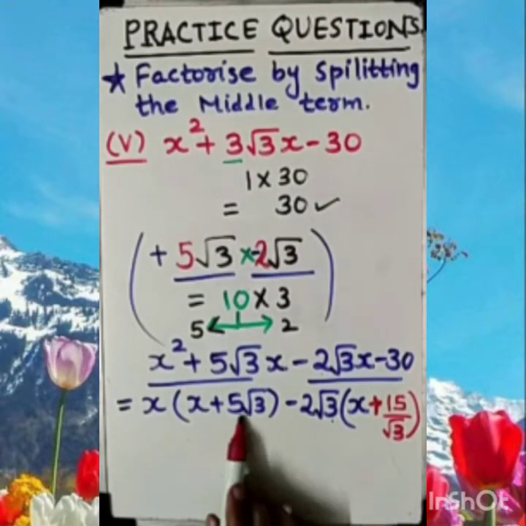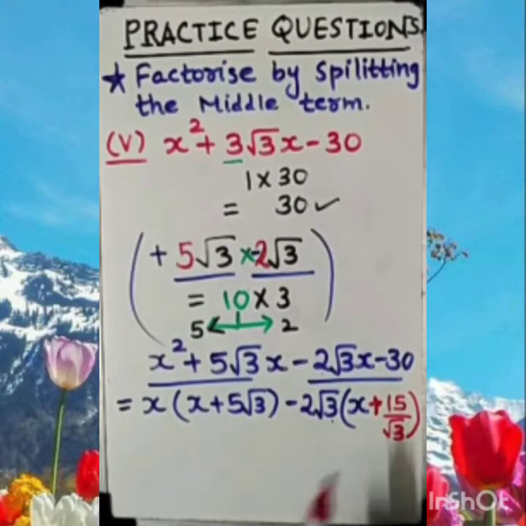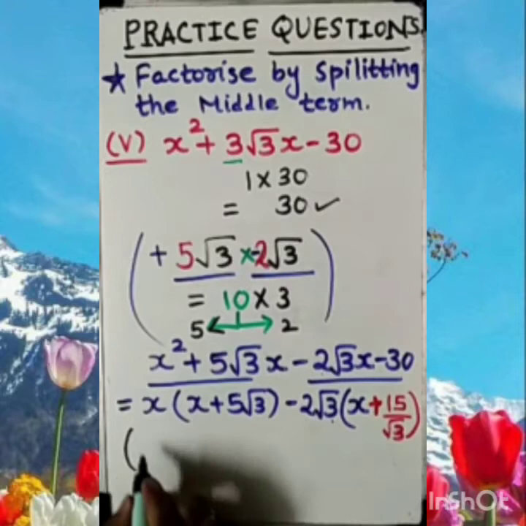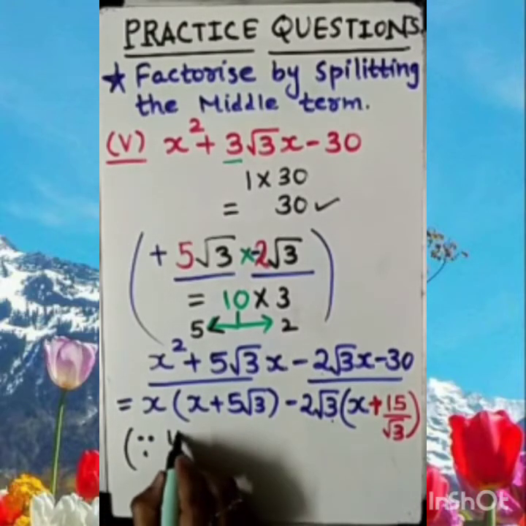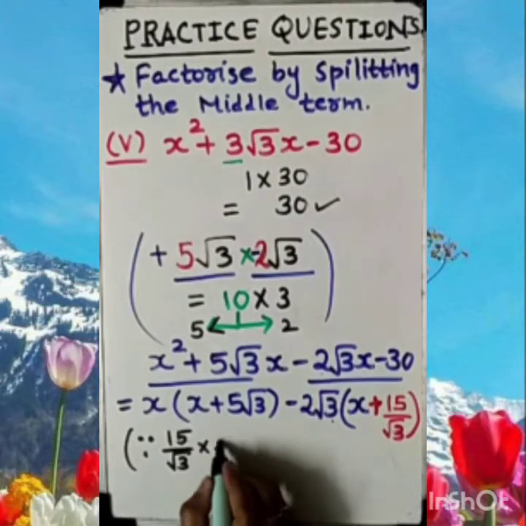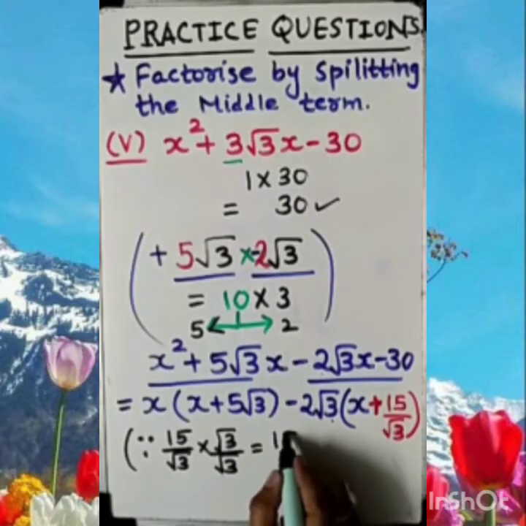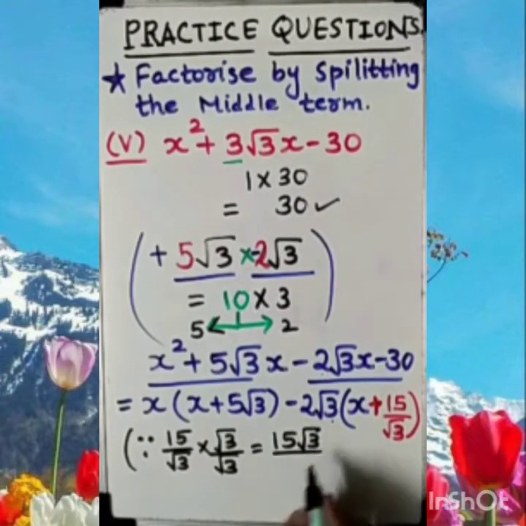So these two terms are not similar. How can we say these two brackets are similar? So let's simplify this also, as we have done in the previous question. It is called rationalization. Okay. So let's rationalize. In a bracket I am showing you how. The number is 15 upon root 3. Agree? Now I am rationalizing it with root 3. So my dear student, here it will be 15 root 3 in the numerator. What about root 3 into root 3? It will be 3.